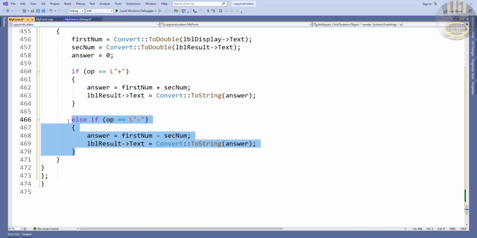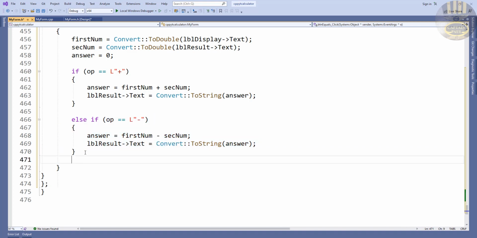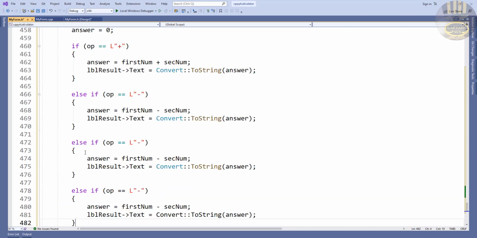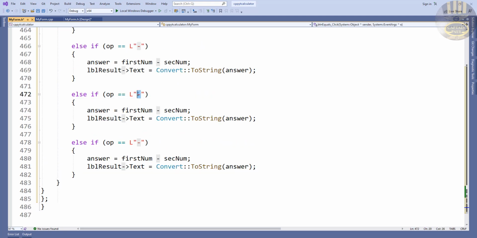Now be the same thing for the other two. So if it's multiplication, changes to multiplication, and if this is division, change that to division. There we go. Oh, in the case of division,